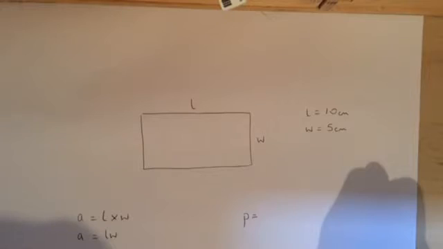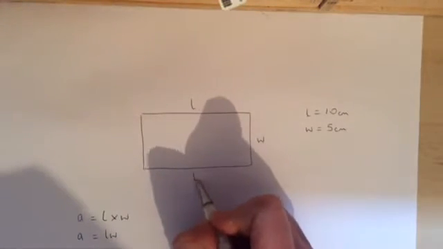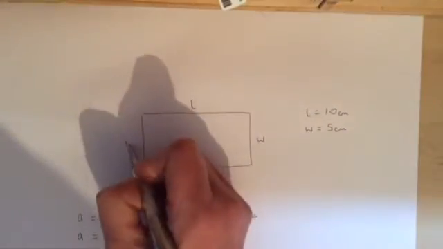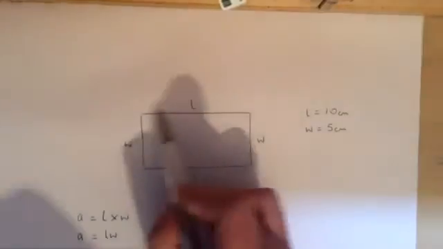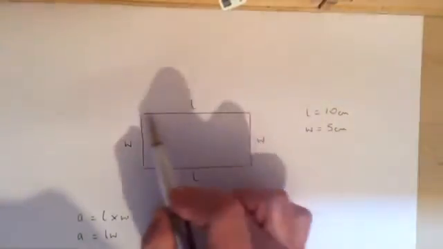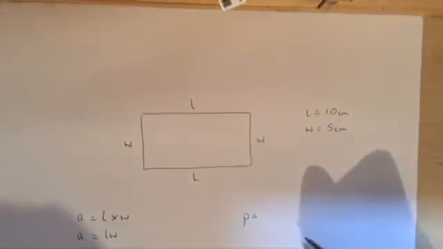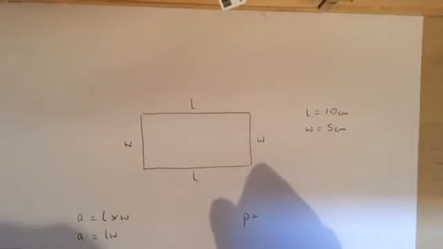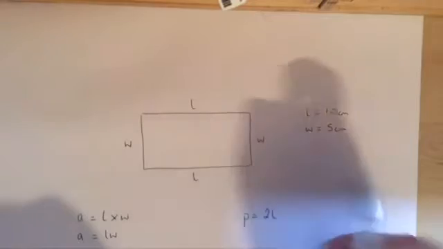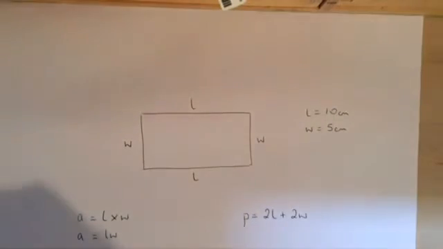Okay, so we have obviously opposite sides are equal. So we know that if that length is L, so must that be, and then this one must be W. And when we're working out the perimeter, we're working out the outside, the length of the outside edge, the rim. The word rim is in perimeter, so that gives us a clue that it's round the edge. We have 2 lots of L, don't we? So 2 times L, and we have 2 lots of W, plus 2W, and that will be in its simplest